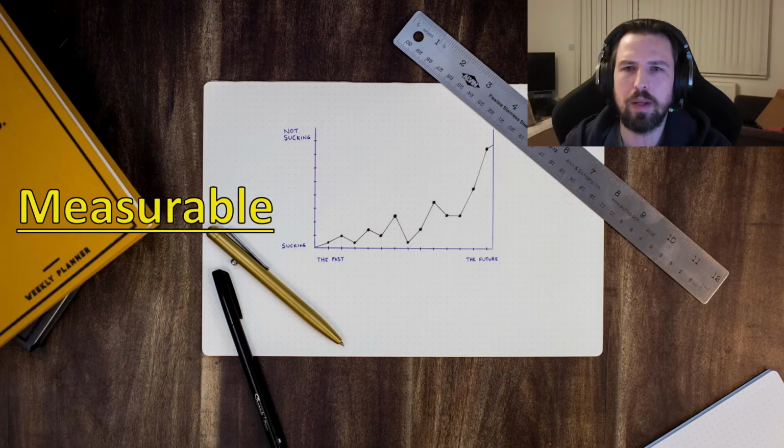Measurable. You've got to be able to measure your targets to know if you're getting anywhere. That's why we do testing every year and every term and every module in school. You've got to be able to measure what it is we're doing. So make sure what it is you're doing is measurable. I'm measuring what I'm doing by how long it takes me to edit the video. I'm also measuring the quality of video I'm producing and what I'm doing within the videos.